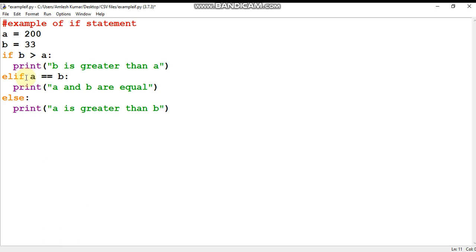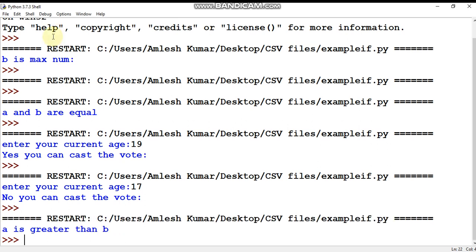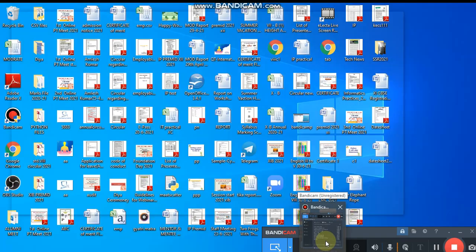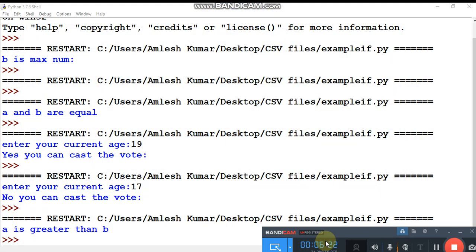Then the condition will check A equal to B, A is 200 and B is 33, so the condition is not true here. So the else part will execute and it will display "A is greater than B". So see what the result is: A is greater than B. So this is the use of if, elif and else.